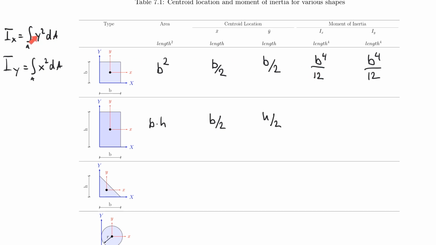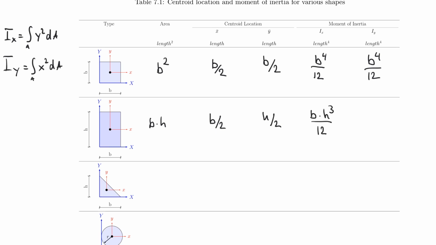So remember where this is coming from, y squared dA is really the base times the height, right? And here base and height were the same, so b and b, but now I have b and h, and so maybe I need to take one of them out here, the height or the base. And in fact, I have to take the base out, so it's base times height to the power of 3